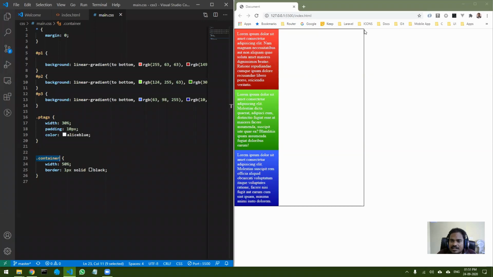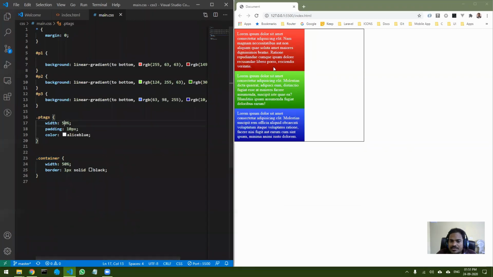Okay, so the container tag is exactly in between. If you look at this, let me make this also 50% so that you can see it better. So you can see when I do it like this, then I get 50%. But after looking at this, let me do one more thing before I go ahead.